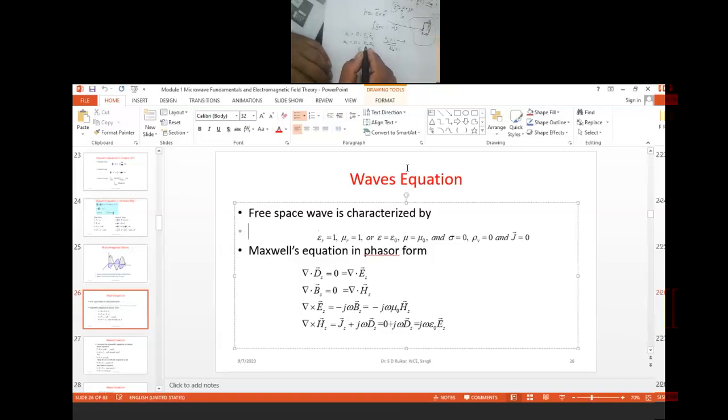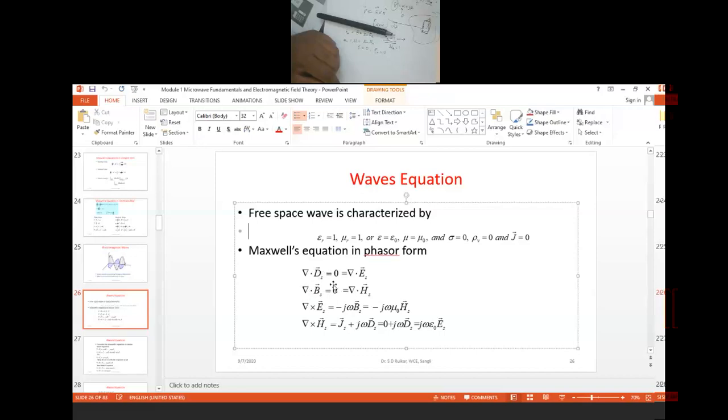And that is about the conductivity. When we consider a material propagating in free space, there are no charges, nothing is there, so that's why conductivity is zero. Similarly, we can say that volume charge becomes zero. So Maxwell's equations we can rewrite again: del dot D is equal to rho V. Rho V becomes zero, so del dot D is equal to zero here. Del dot B is zero.